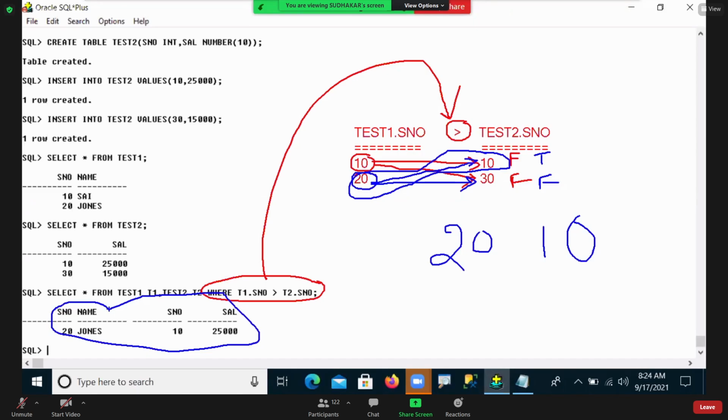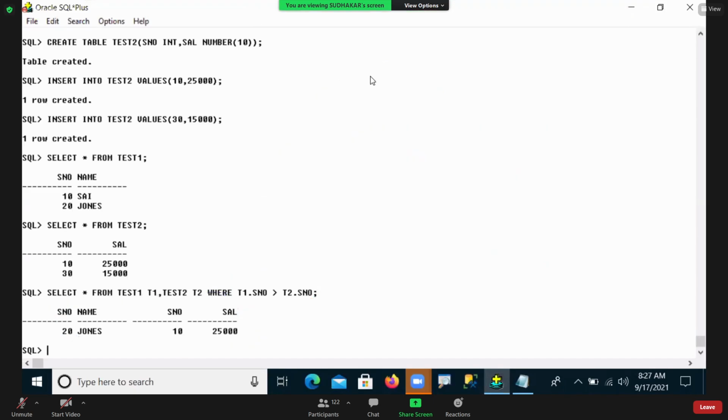So this is the same mechanism, guys. The rule is fixed, as I already said to you. You can take any conditions, you can write any conditions, but the only rule is: a row in the first table is compared with all rows of the second table. So you can compare your conditions like this, then you can get some idea of how the output comes. Every join is the same as this. There is no difference. Finally, we achieved 20, 10 here.